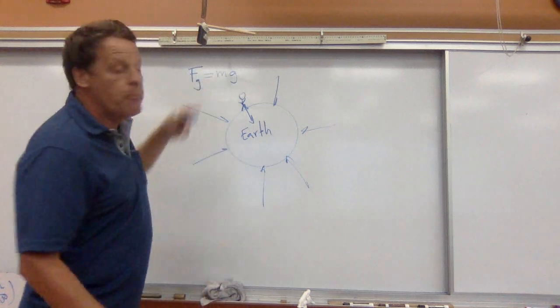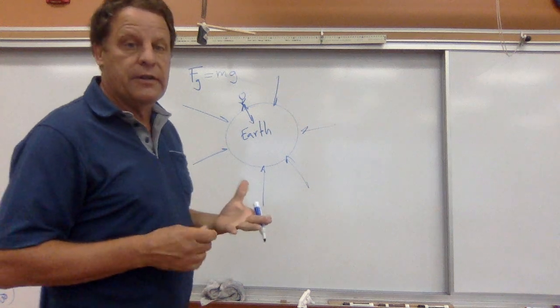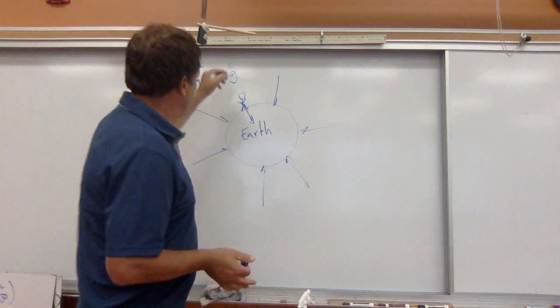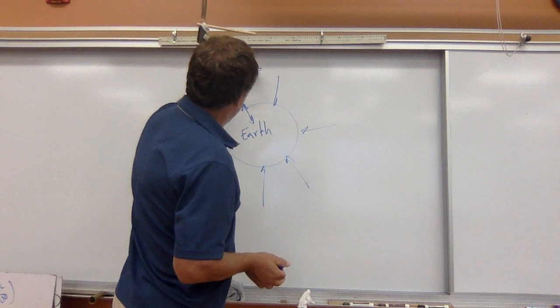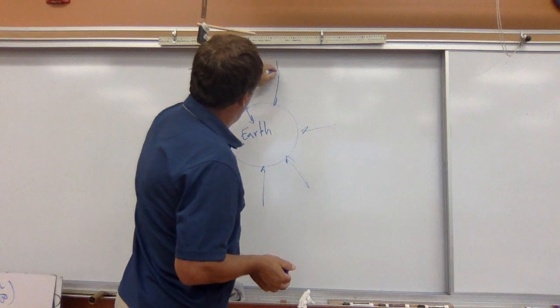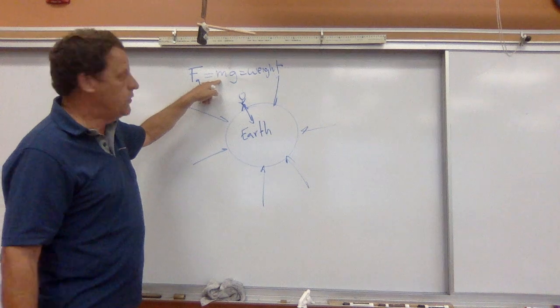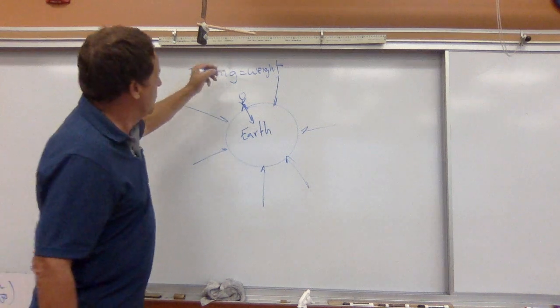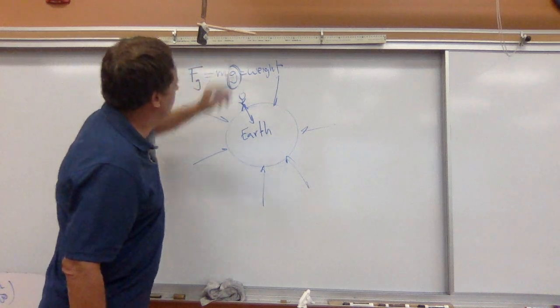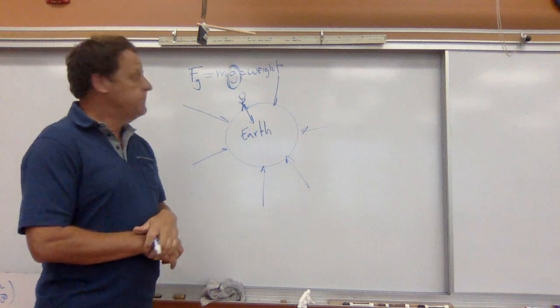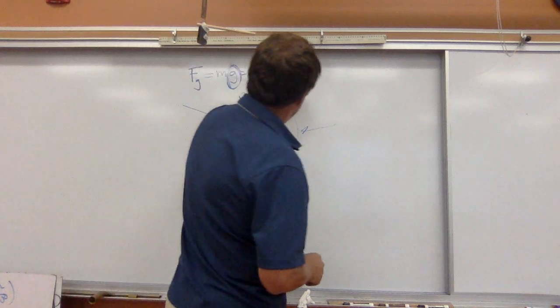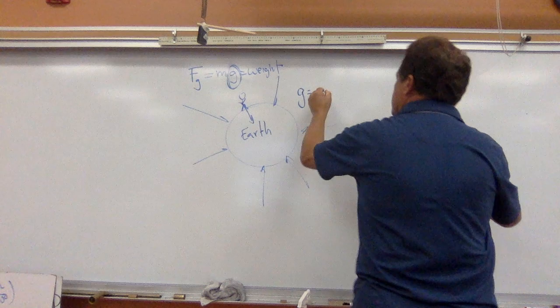So the more mass there is, the heavier an object is. This would also be known as weight. Okay, more mass, it's going to be heavier. But today, we're going to talk about this value right there, which is g. And g is the